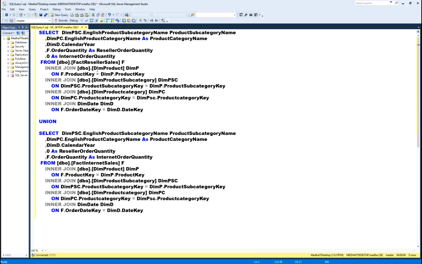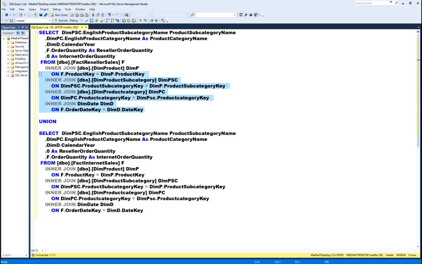This query is basically getting the sales amounts from fact reseller sales and fact internet sales by joining to a few other supporting tables like dim product subcategory, product category, and date.